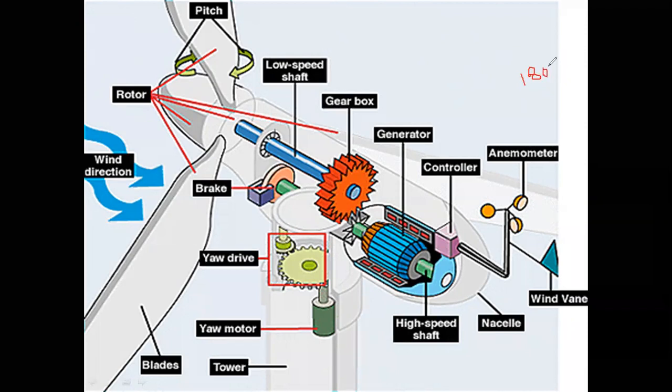Blades are made up of fiberglass. Generally, most windmills have either a 2 or 3 blade mechanism, but a few horizontal axis windmills are available with 4 blade or 5 blade systems. Generally, a 2 blade or 3 blade system is used. And the rotor includes the blades and hub together.